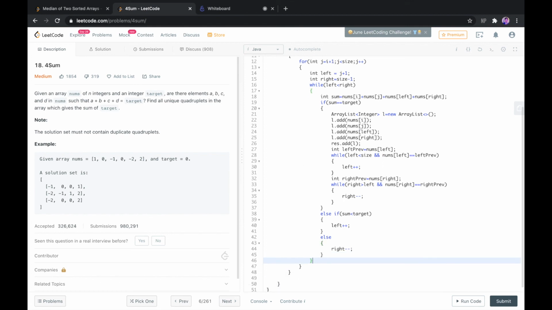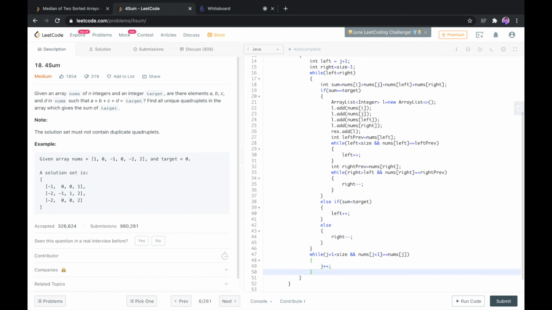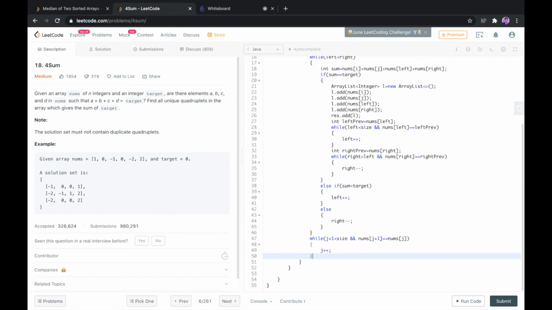Now, once this is done, we need to check for duplicacy in the jth loop, that is this j loop. So we need to remove the redundancy here as well. So what we would do is we would check for the breaking condition, that if j plus 1 is less than the size and if nums of j plus 1 is equal to nums of j. If that is the case, we increment j so that it skips the value that has been repeated.